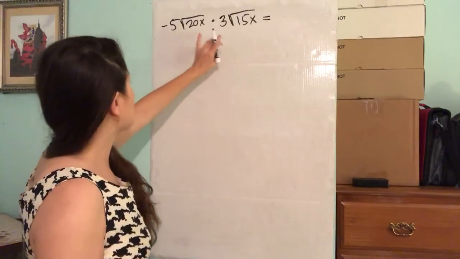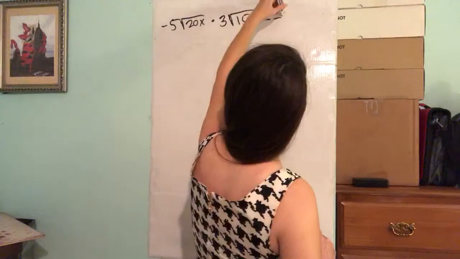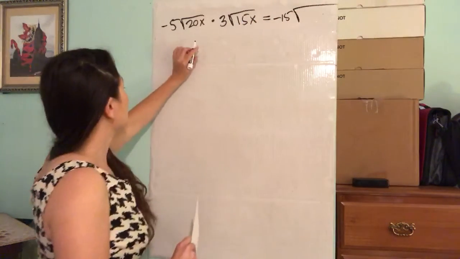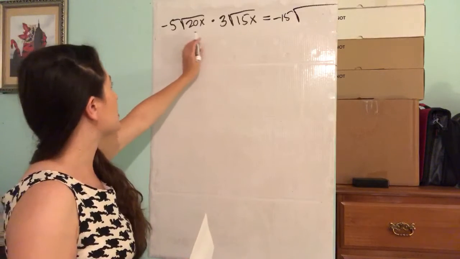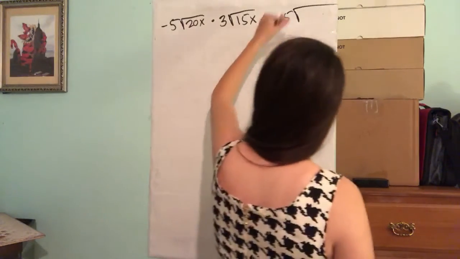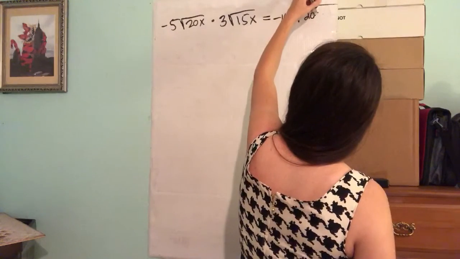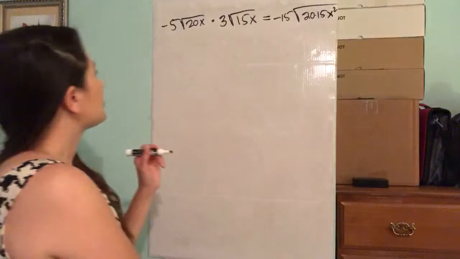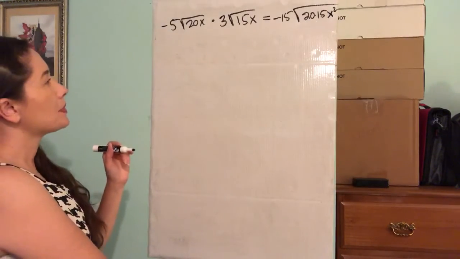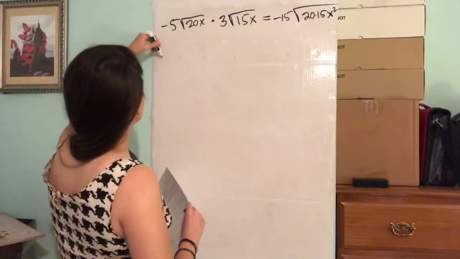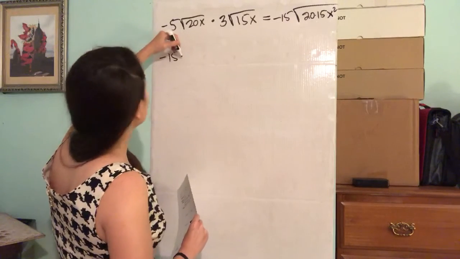So -5 times 3 is -15, okay? And now we're going to combine these two radicals. So this is 20x times 15x, which is 20 times 15 x squared, right? What's the square root of x squared? x, right? So -15x